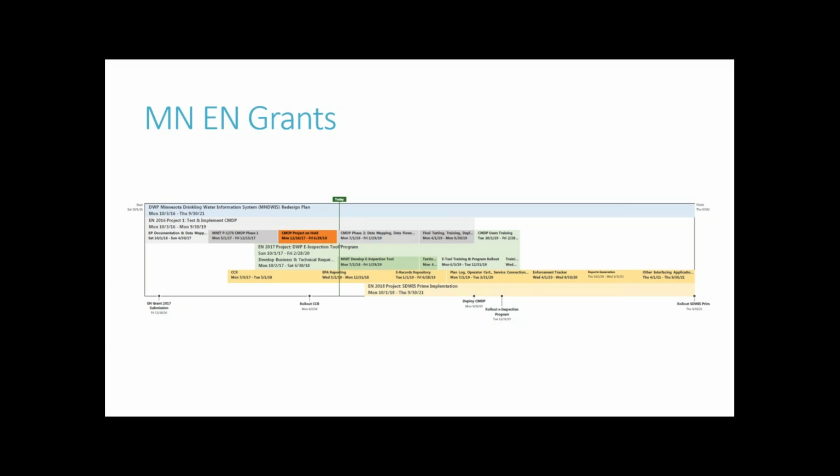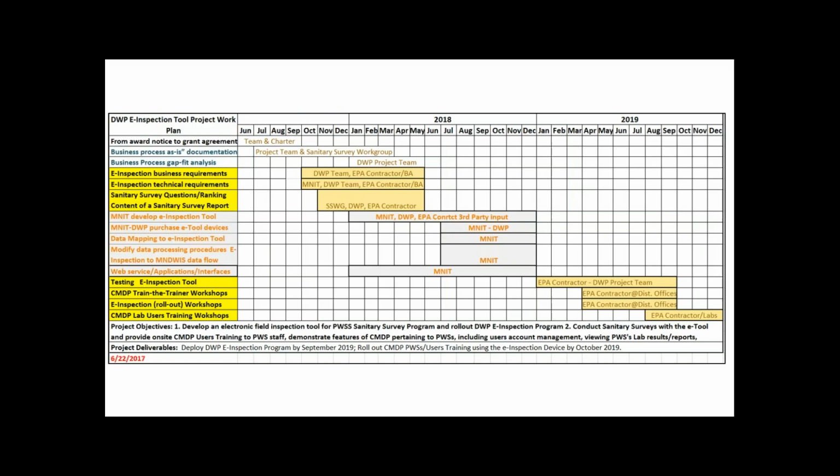Go to the next one. Yes. So I want to talk about BPA. The second exchange network grant is for e-inspection, because that basically is a sanitary survey application, including 2 parts. One part is to have a sanitary survey application that is modernized from our legacy system. And the second part is to map it onto a field device, a mobile device that can be used by our staff, the sanitarians, district engineers, and source water protection planners.